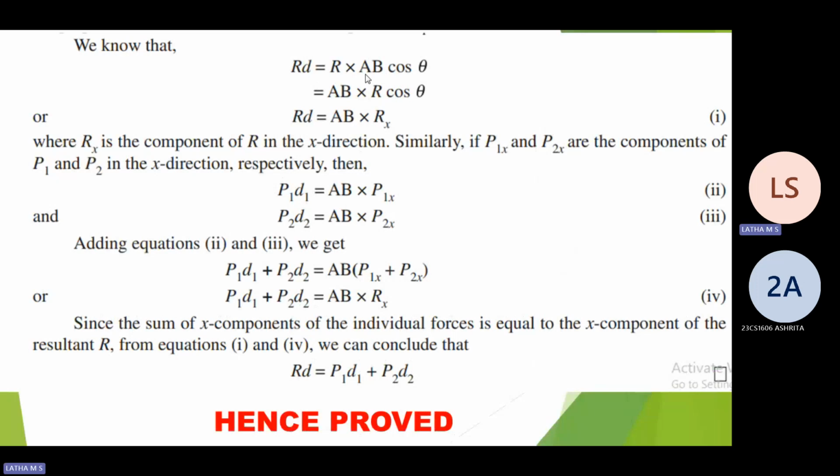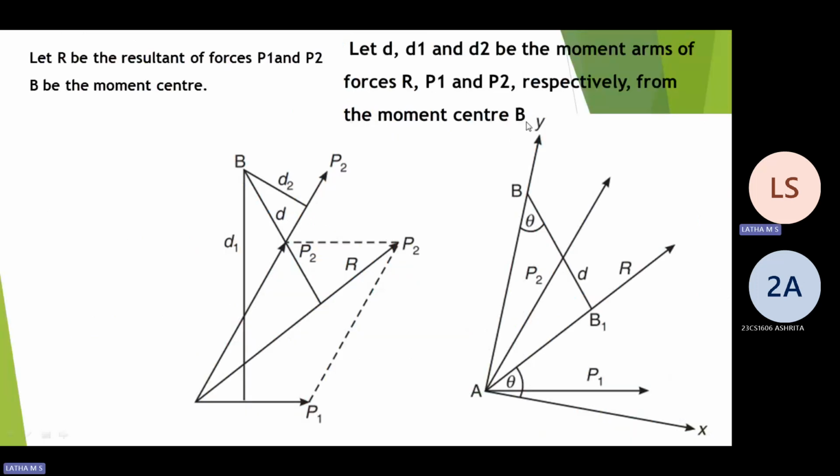Then I call it as AB as what? What is AB in your diagram? AB, I move it. AB into, I reshuffle, I rearrange. AB into R cos theta. Correct? Yes or no? I just moved. Then, what is R cos theta in your diagram? R cos theta. Where is R? This is R. Cos theta.